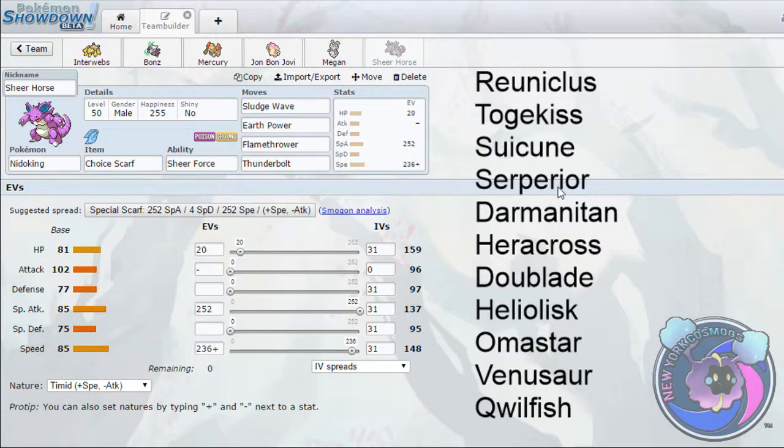Standard Sword Dance, which I expected. Easy switch into. Honestly, a middle ground play would be to go into my Nidoking and just start spamming Earth Power, because the only thing you can switch him